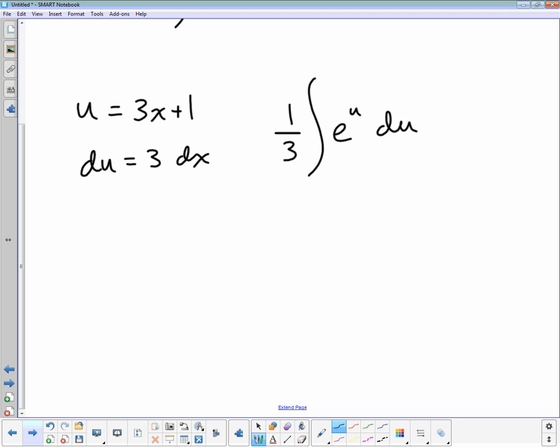Now, we all remember that the derivative of e to the x is e to the x. Right? It's its own derivative. So it's safe to say that this just becomes